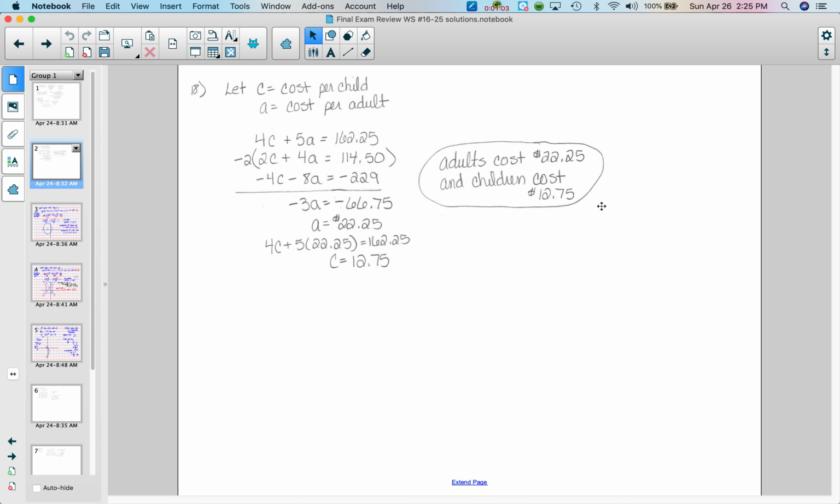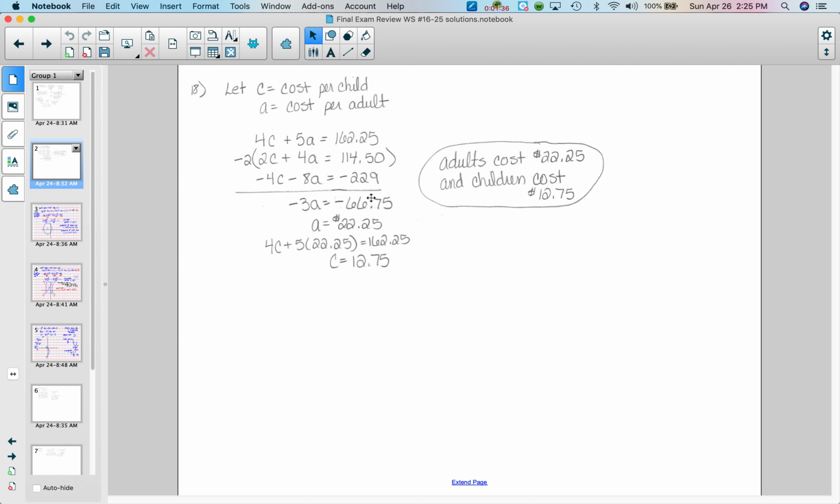Okay, number 18 was a word problem. Admission into an amusement park for 4 children and 5 adults cost $162.25. And so, just write it down just like it sounds. I used a C for children, that seemed to make sense, and an A for adults. 4 children plus 5 adults cost $162.25. And 2 children and 4 adults cost $114.50. And then we're asked to determine the cost of admission for one child and the cost of admission for